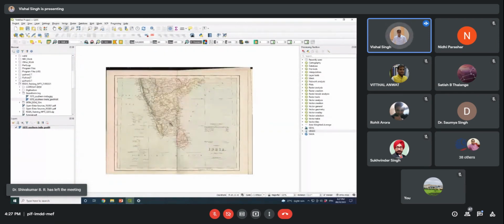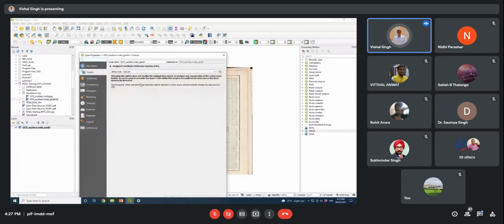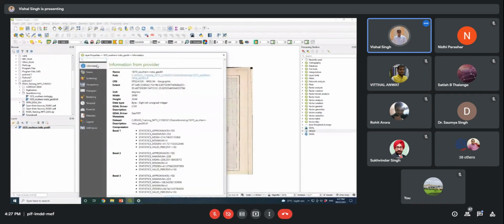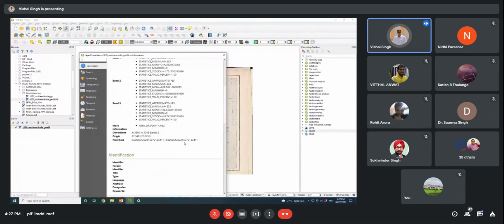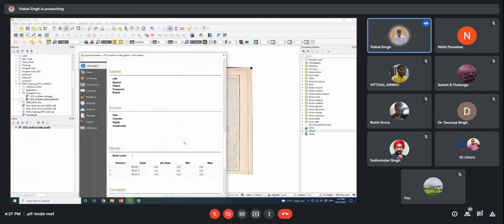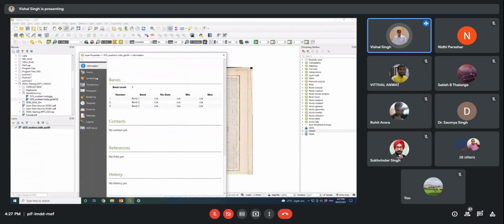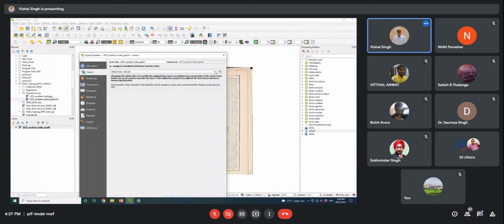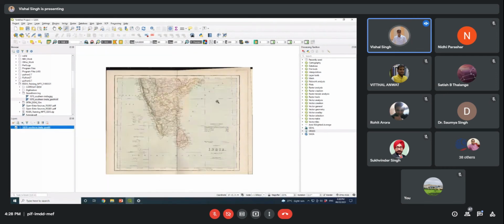But if you want to derive any layer from this map, this map should be in the projected coordinate system. Because if you go to the properties again and explore the information about this particular projection system, you will see that the angular unit of this coordinate system is geographic, sorry, in decimal degrees.